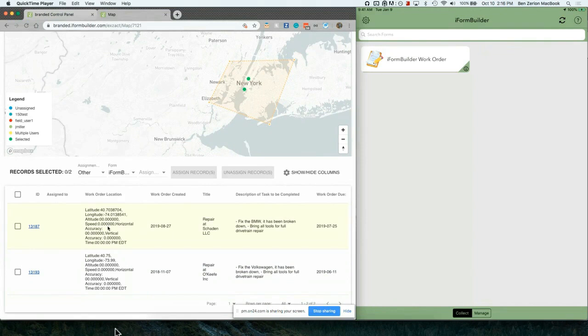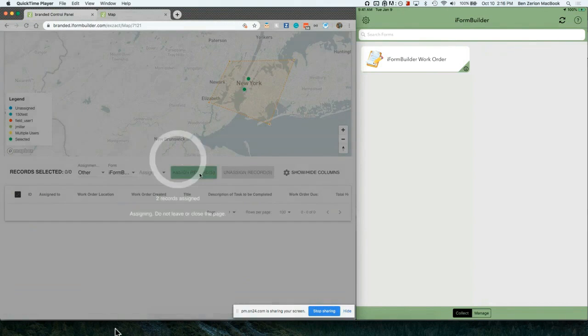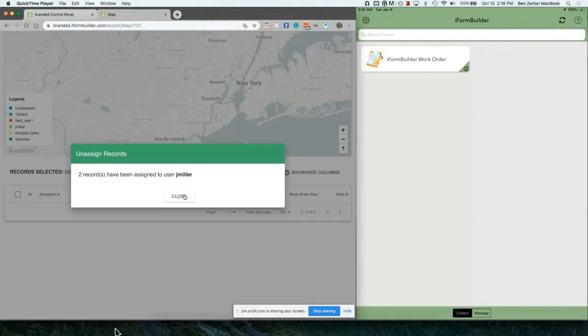So we have the location of it, when these are created, a title, some descriptions, and when it's due. So we need to fix a BMW and a Volkswagen today. So I'm going to select those two items there, and then we can choose for users in here, but we're going to assign it to the user J Miller. Now, when I click assign here, it's going to send that notification